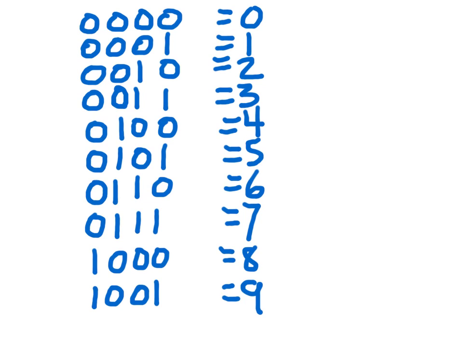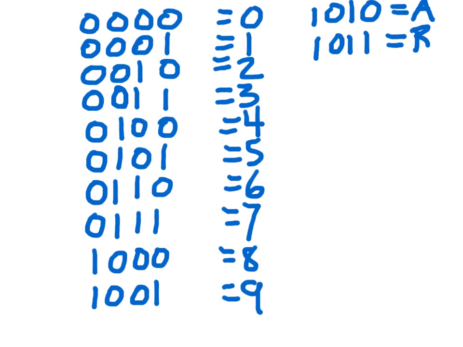What do we do? Well, the answer is that once you run out of digits, we've used all the digits from 0 to 9, what we actually start doing is we start using letters. So instead of 10 being 1, 0, we actually say that 10 is A, and then